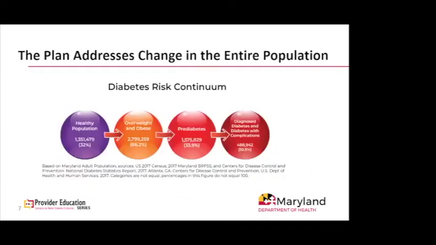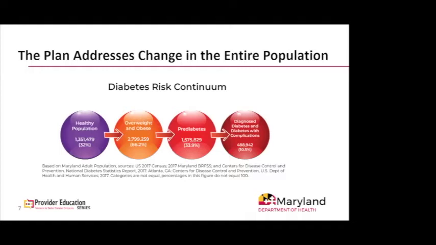Just as it calls for a multi-sector approach, the Diabetes Action Plan also intends to address this chronic condition across the diabetes risk continuum. We know that excess weight is associated with an individual's progression to diabetes, but it's important to remember that interventions can take place even more upstream to keep people at a healthy weight so that they stay at the far left of the continuum. The Diabetes Action Plan is laid out such that there are suggestions for action in each of these categories.